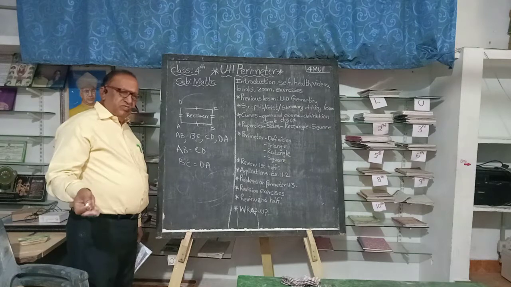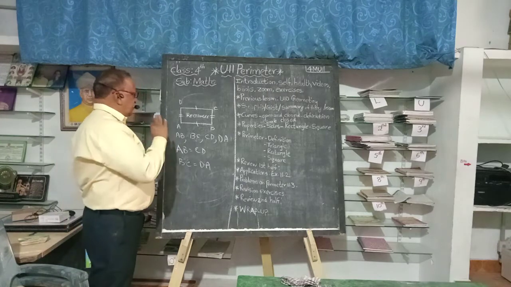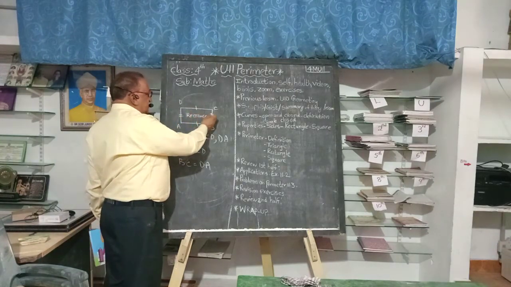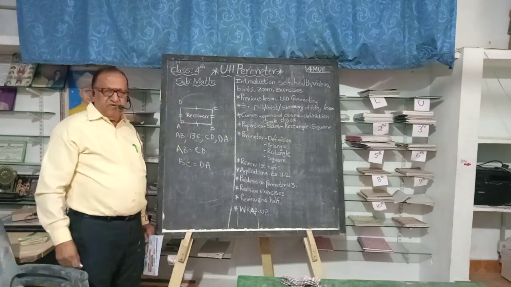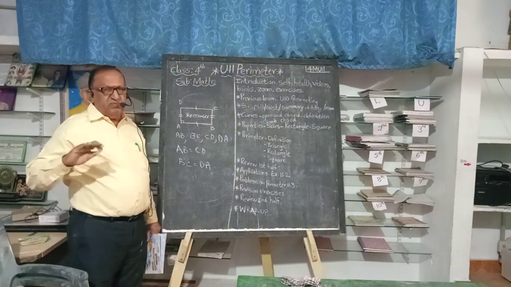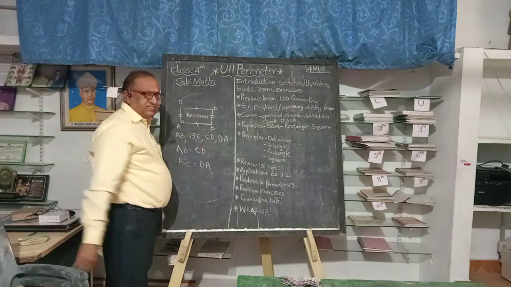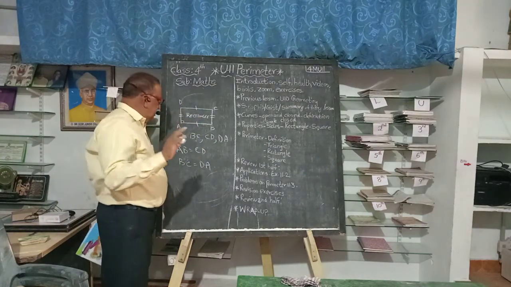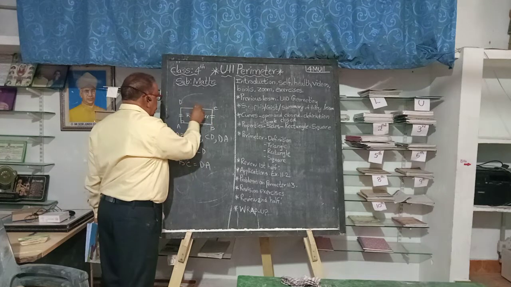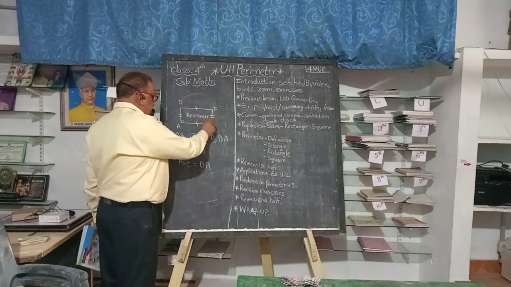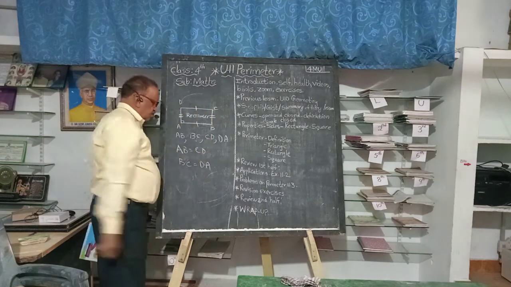Of course, you get into a parallelogram in the next year, but not right now. So in a rectangle opposite sides are equal. And here, of course, the angle is 90 degrees, whereas in the case of a parallelogram, it is not. But let's not talk about a parallelogram this year. If you measure all four sides of a rectangle, the opposite sides are equal. You can see here AB is equal to CD, that's why I put 1 mark here. Similarly, BC is equal to DA, that's why I put 2 marks here. So that is a rectangle.